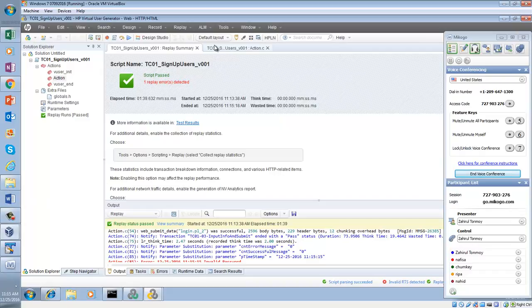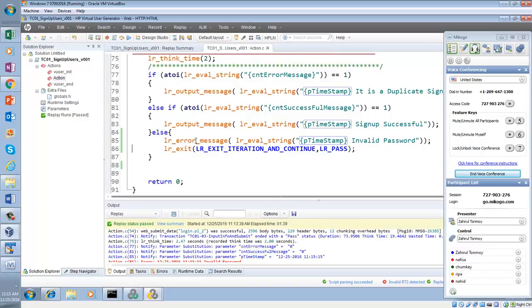Why is there a replay error? Because I put LR error message here, a deliberate error message, to show you how this error message statement works. If you want to display an error message for a certain condition, you can do that.